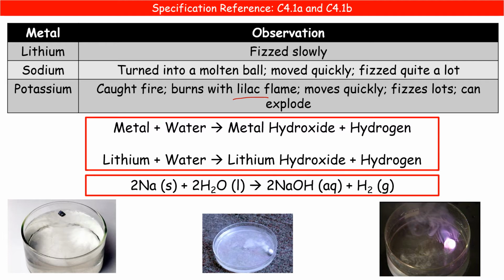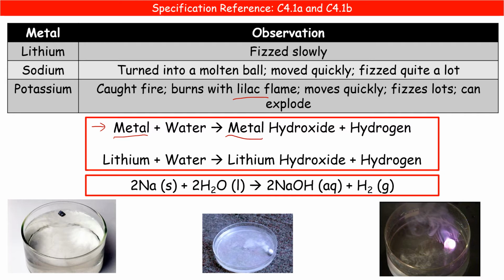As to what's actually happening here then, on the top line, we've got our general word equation. So this is just telling us what's happening without using the name of a specific metal. So metal plus water makes metal hydroxide plus hydrogen. To apply that to any of the alkali metals, all we're actually doing is changing the word metal for the